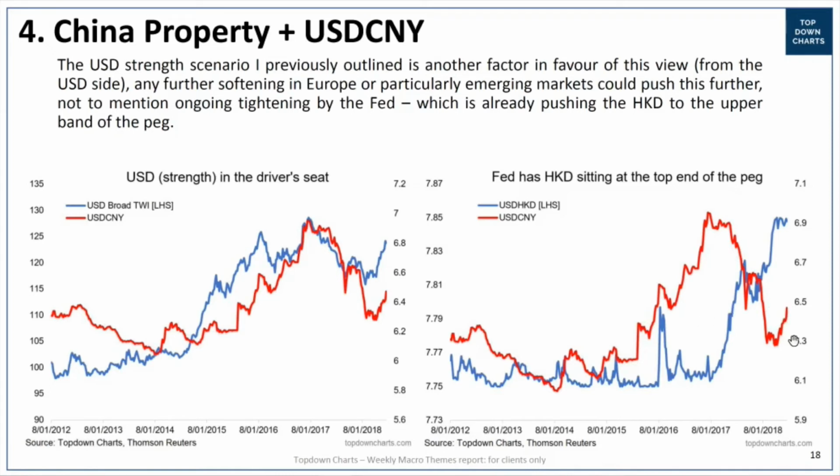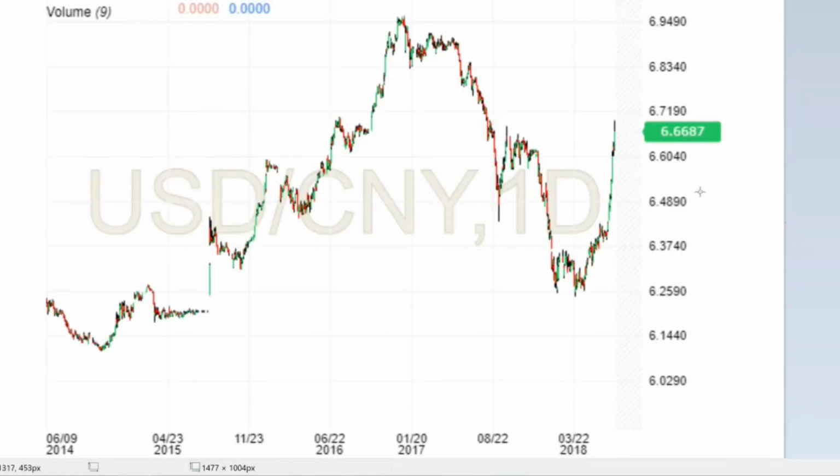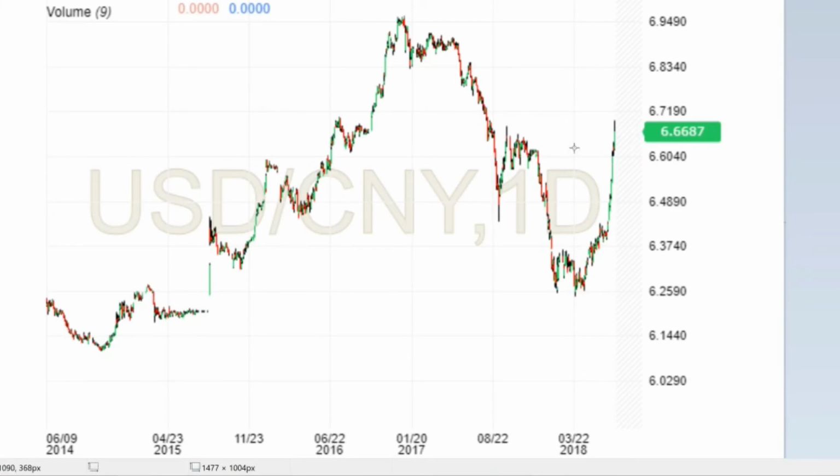Now, the adroit observer would note that these charts, being a couple of weeks ago, are already out of date. So if we have a look at where it's at now, it's already busted through that 6.65 level, and doesn't really show any signs of slowing down. And again, given that it's moved through that, you can see a little bit of a resistance level around that 6.65 level. I mean, again, 6.7 is probably going to be the psychological barrier to move higher,